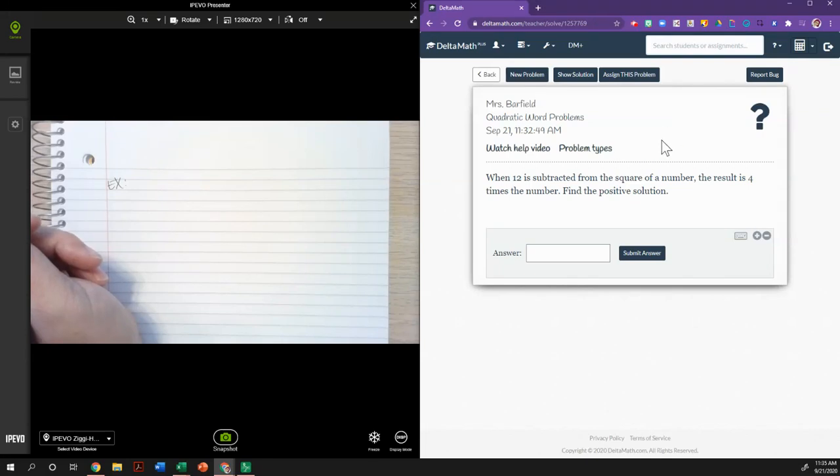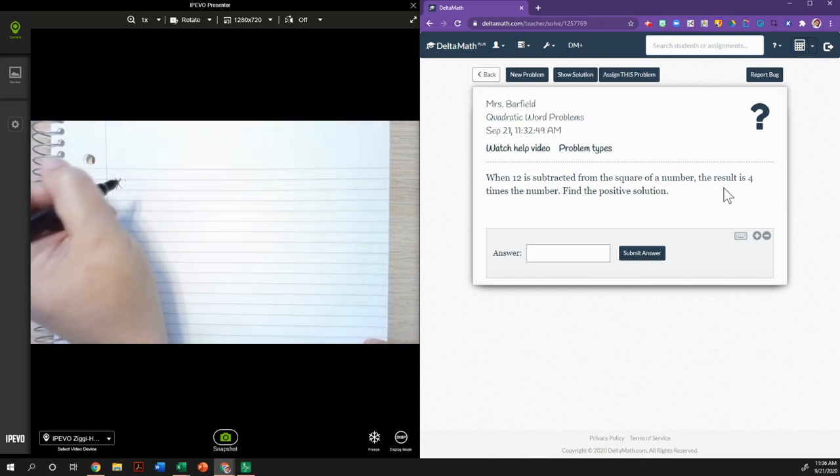All right, you guys, so let's look at some word problems, okay? Just some simple ones. It says, when 12 is subtracted from the square of a number, the result is 4 times the number. Find the positive solution, okay? So hopefully when we get to the end of this answer, we'll understand what it means by find the positive